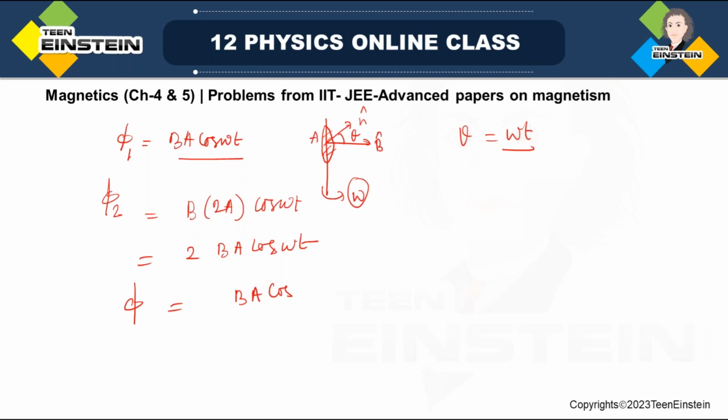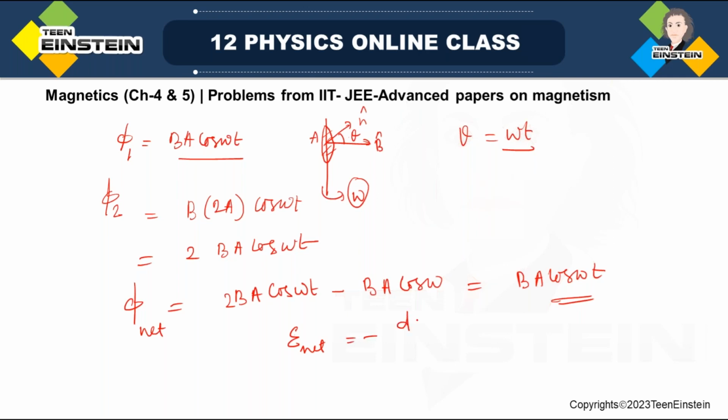the magnitude of the net flux will be 2BA cos omega t minus BA cos of omega t. Okay, so this will give you BA cos of omega t. Okay, this is the net flux induced in both the loops. Now if we know the net flux, then net induced EMF will be